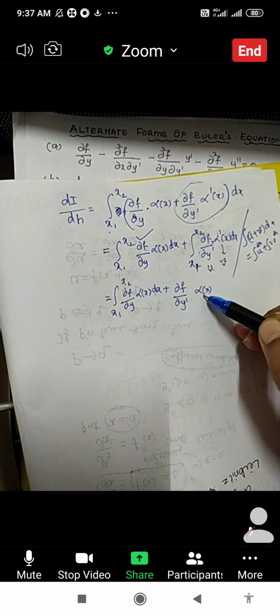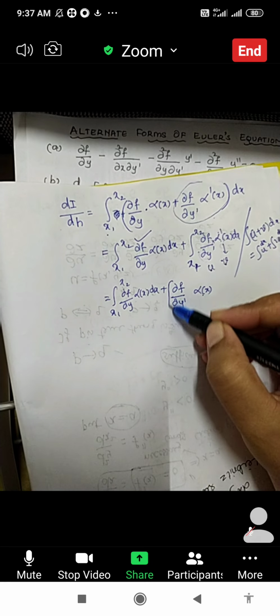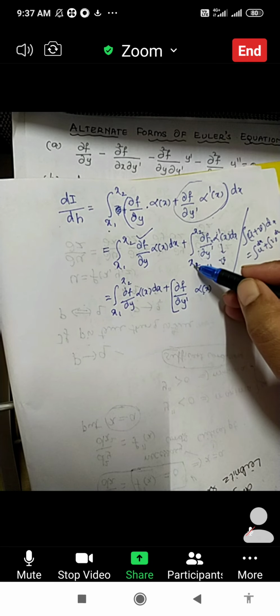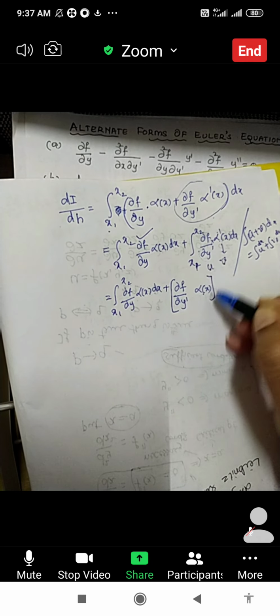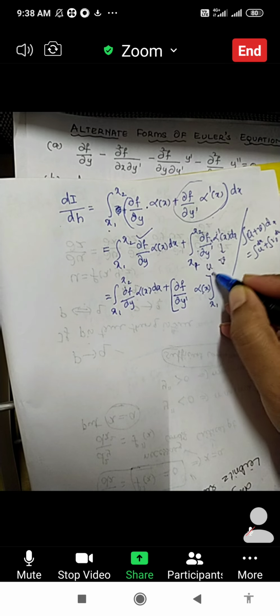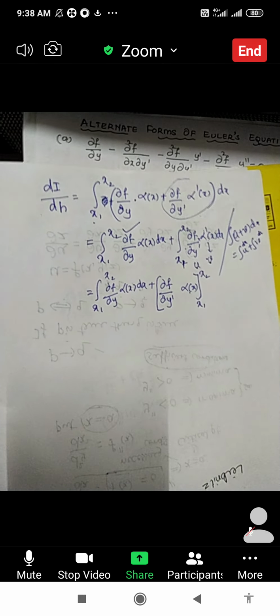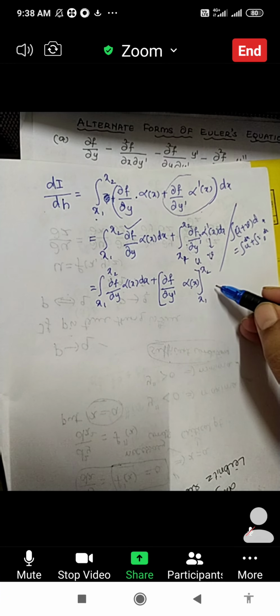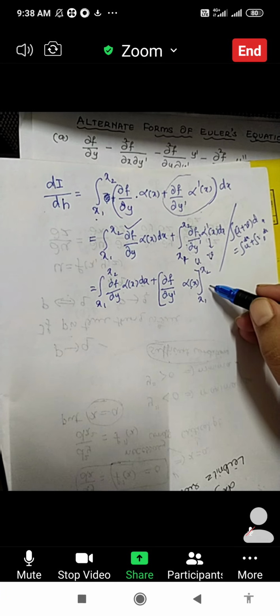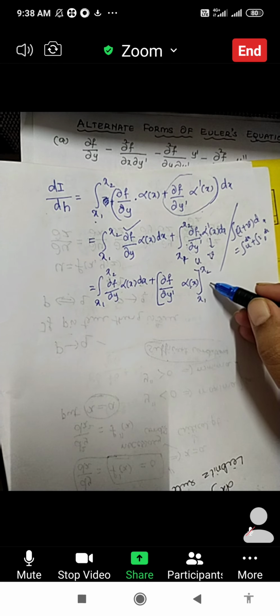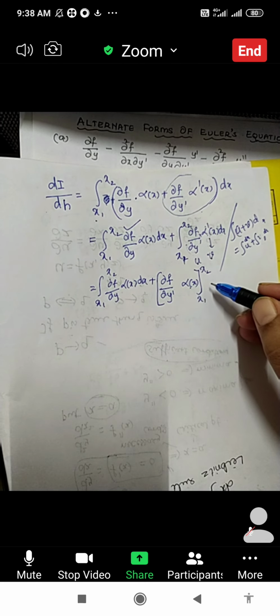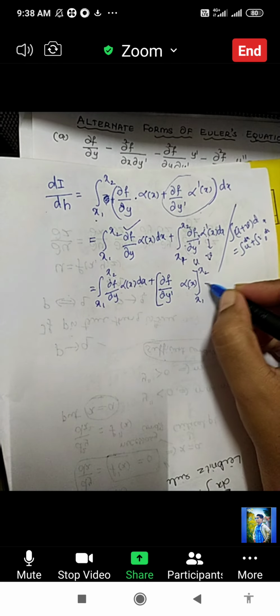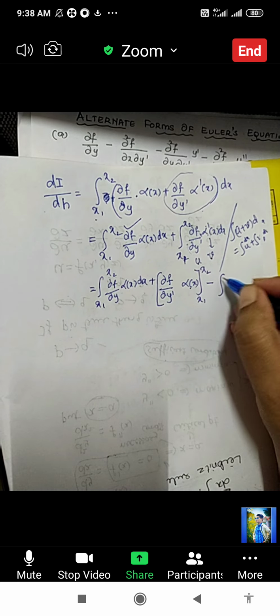But what is the thing we'll get? We don't have an indefinite integral, we have a definite one. So we have to use the limits. Agree? So limits are x1 to x2. Yeah, in integration by parts, we'll get a plus or minus in between. Minus. So how we'll write? It is, yeah, in the second